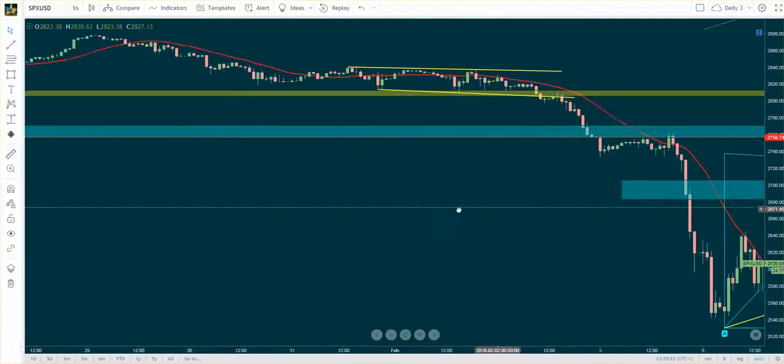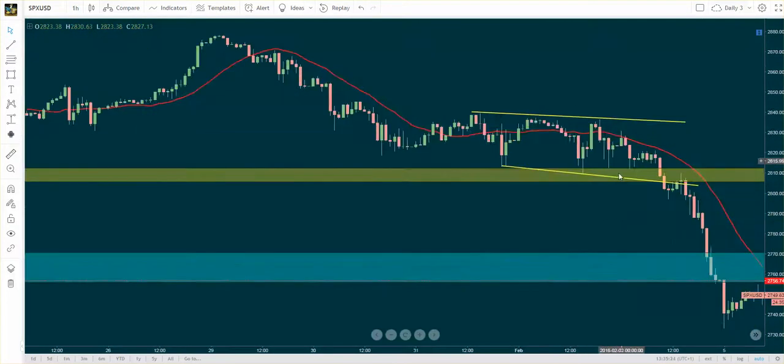So a sort of an expanding running flat, which is really a bit difficult to trade for the Elliott wavers, because it doesn't have a perfect shape at all. But as you can see, we had a very similar structure